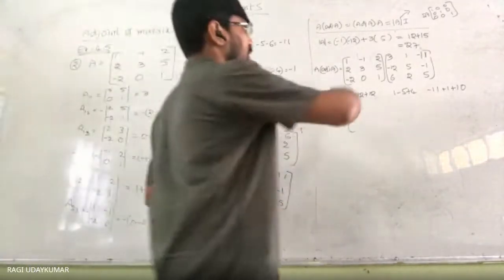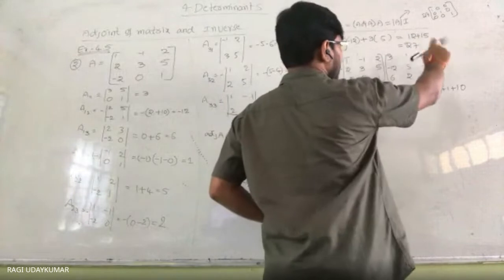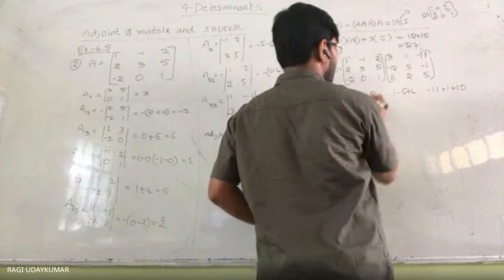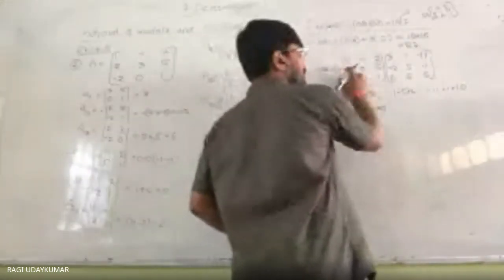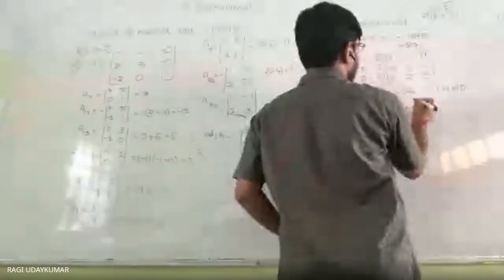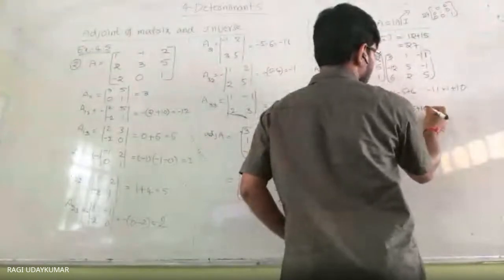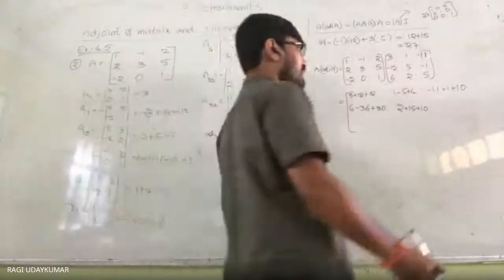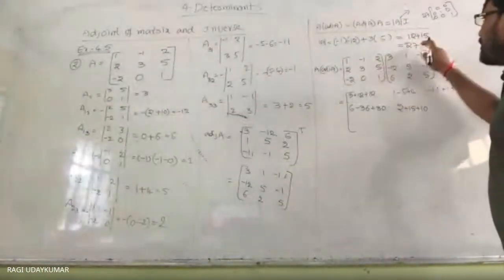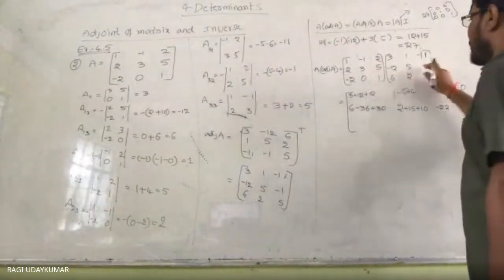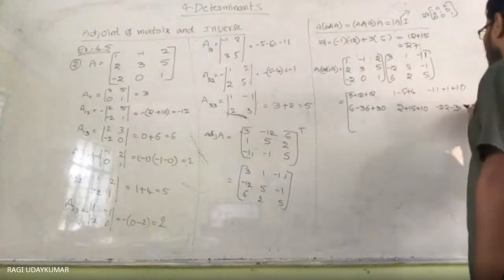Next, this first row is completed with all columns. Second row with this: 3 2 is 6, minus 12 is 36, 6 5 is 30. We are getting 0, 0. This and with this, 2 plus 15 plus 10. 27 आ गया. You got 27, na? 27 only you should get, na. Next, this row with this column. 2 into minus 11, 22. Minus 3, 25.